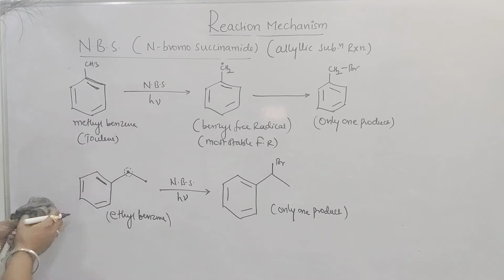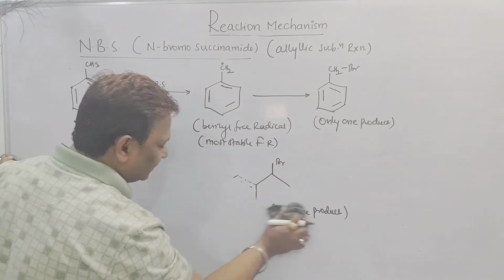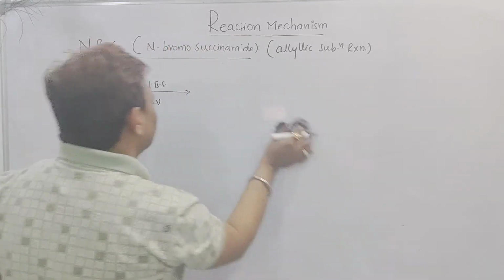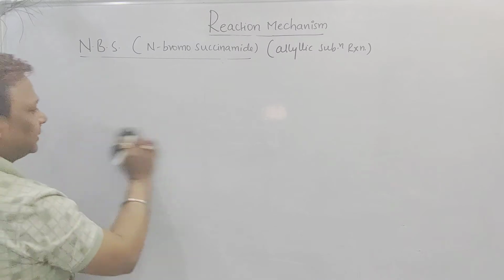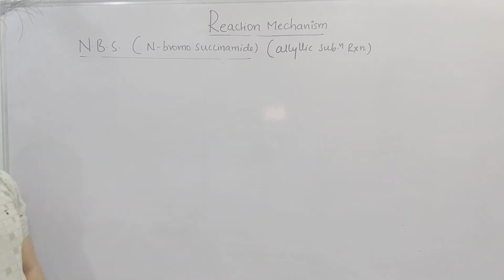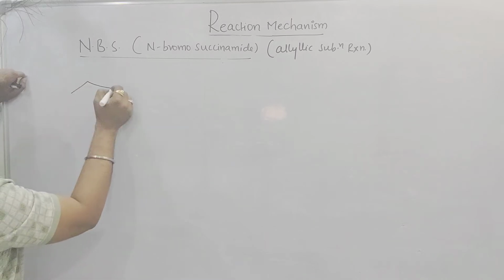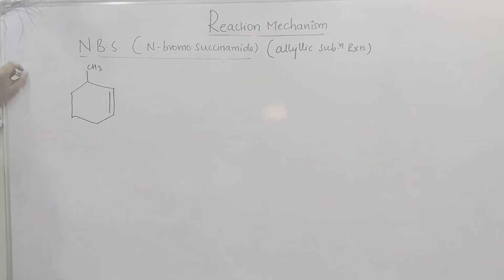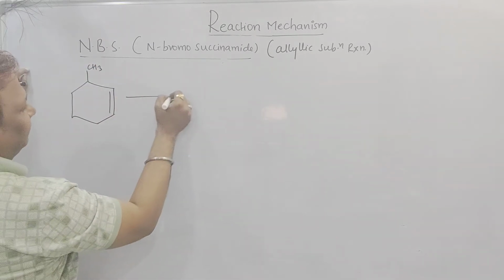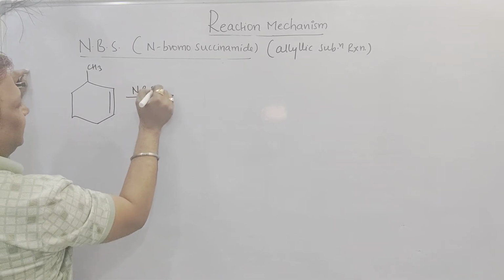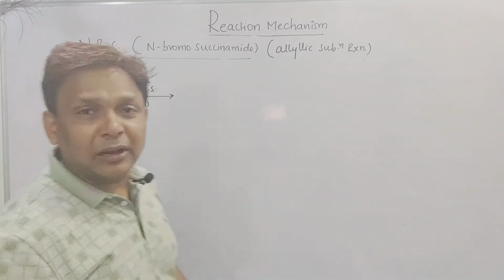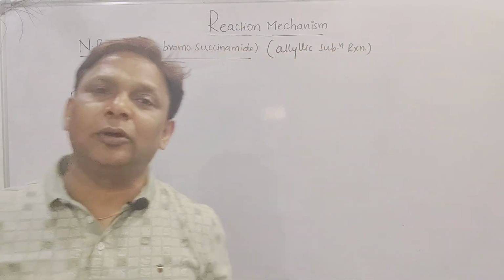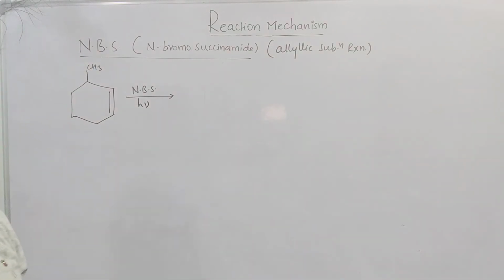Right, sir. Now, a question based on the IIT level. IIT level means sometimes they are asking about this concept in the IIT, and that is what I want to discuss with you. Suppose I have one unsymmetrical alkene, and we are using the same NBS in presence of sunlight. Can you try and tell me, beta, how many products it will obtain here? Just please pause the video and get the number of products obtained during the NBS reaction over this unsymmetrical alkene.